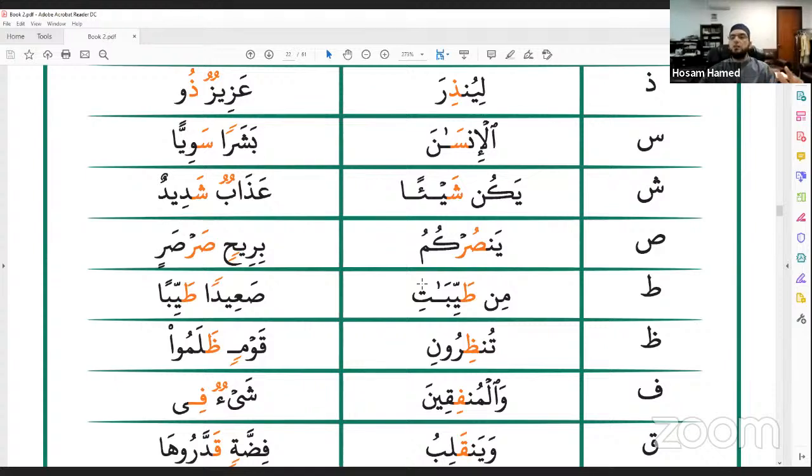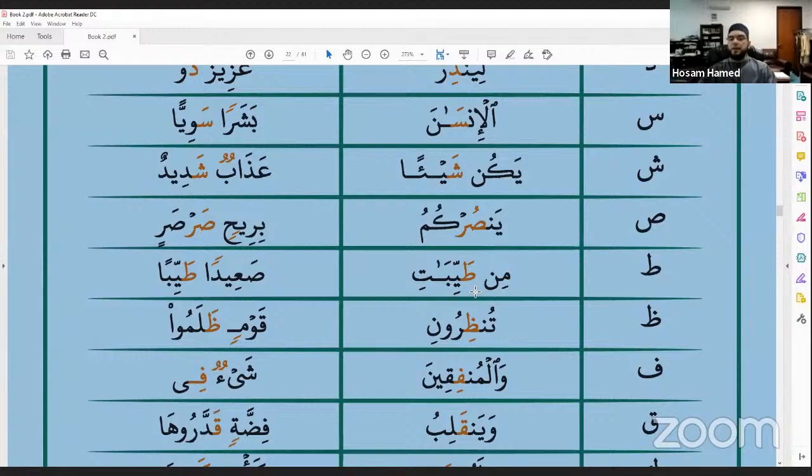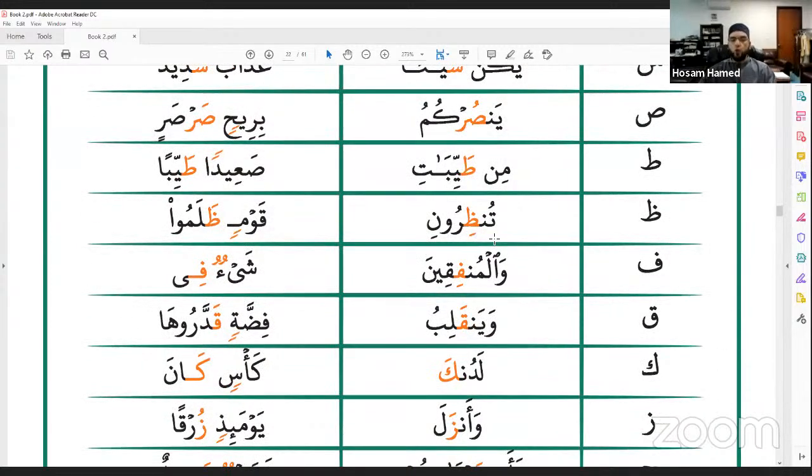ينصركم بريح صرصر. This is the practical way, the real meaning of that. The sound of الإخفاء should follow the following letter in terms of ترقيق and تفخيم. الطاء now, من طيبات. من طاء. The same thing, طاء is a heavy letter. صعيدا طيبا. We don't say it light. You see? صعيدا طيبا. الظاء تنظرون. The same thing. قوم ظلموا. الفاء